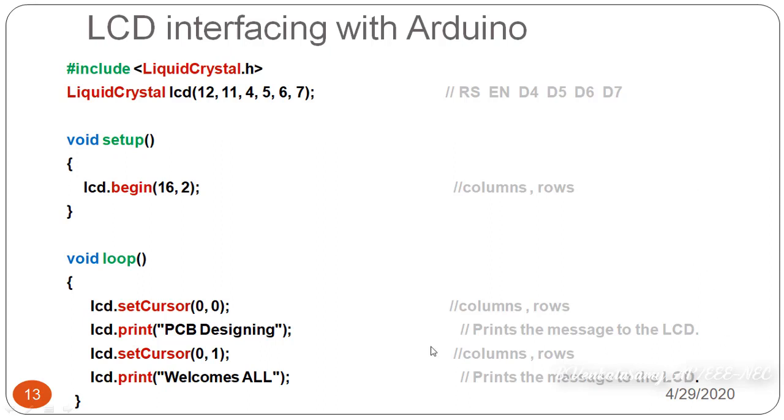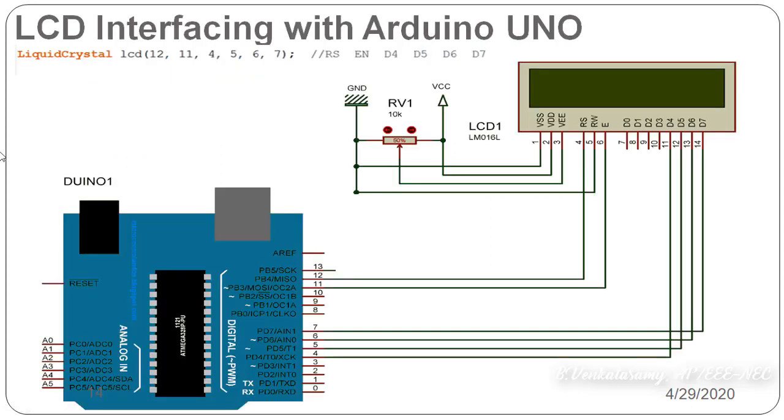So here itself the programming part is over. Next we are going to the connections part. We are already given LiquidCrystal lcd(12, 11, 4, 5, 6, 7). So 12 we are going to connect to RS, 11 we are going to connect to enable. So 12 is connected to RS and pin number 11 is connected to enable, and